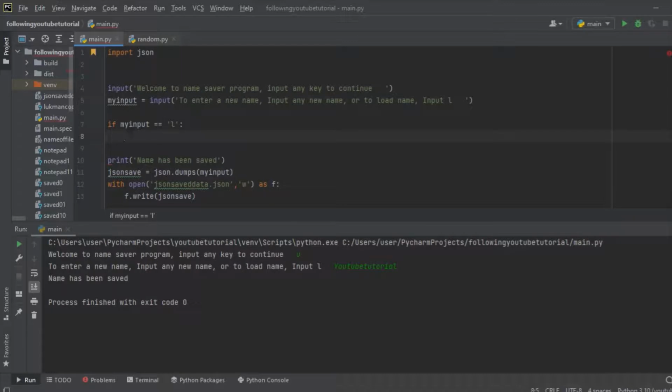Now this is the loading function we are going to be working on right now, so we should pay attention to this. So we are going to write with,